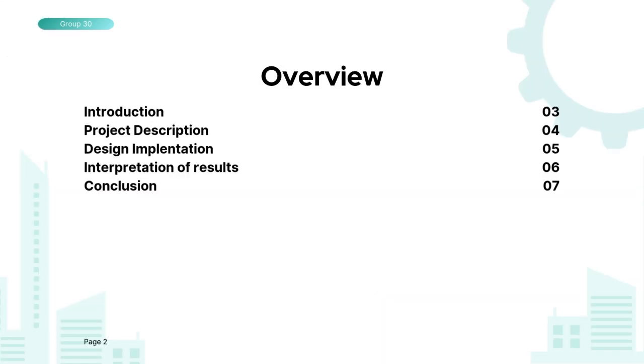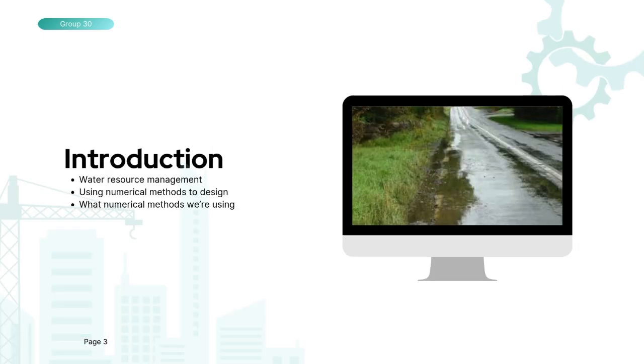So, our overview today, we have our introduction, project description, design implementation, interpretation of results, and conclusion. With our introduction, we're just talking about water resource management, which is an aspect of civil engineering consulting. And in land development, it's really crucial to design these drainage systems and infrastructure in a way to handle extreme weather events. And we're using the Runge-Kutta fourth order method and quadratic spline interpolation to model the mass